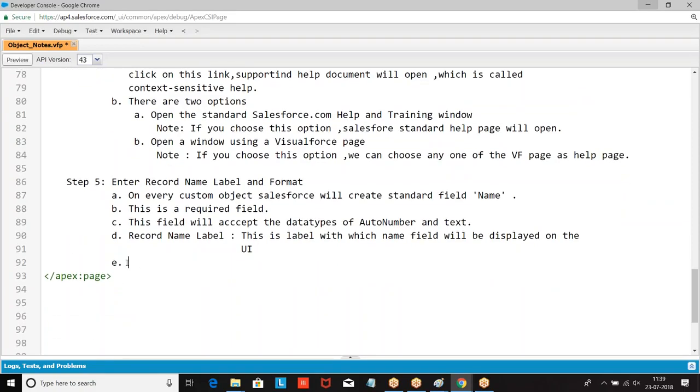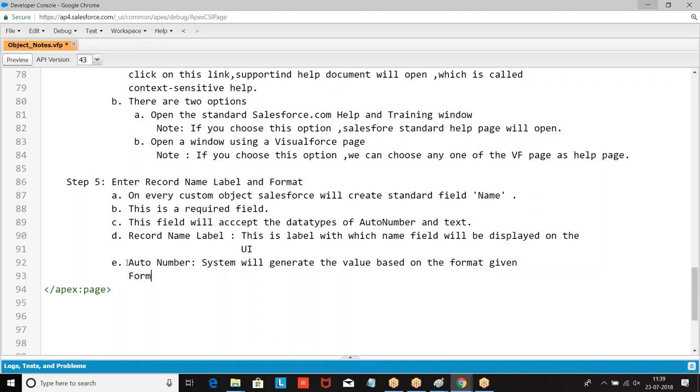Right. Then we told auto number. Format.